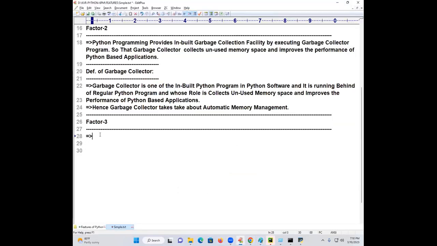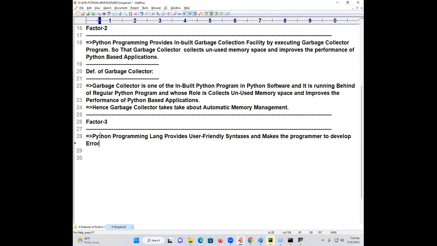Come to the point of it. Third point I will write it. I hope you got it. Python programming language provides user-friendly syntaxes, and makes the programmer to develop error-free programs.